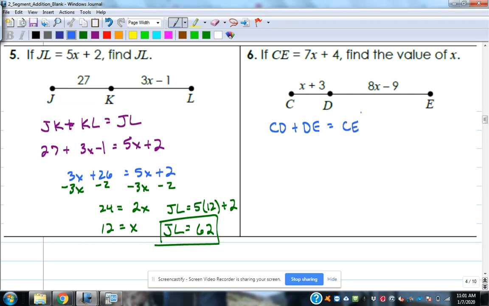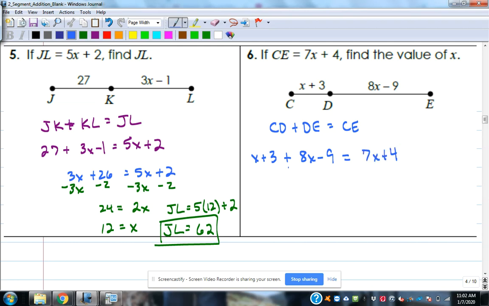So it's that segment addition postulate part. I want you to write that first when you're showing how to set them up. And then 7x plus 4 is what's going to go in the place of CE, and then the x plus 3